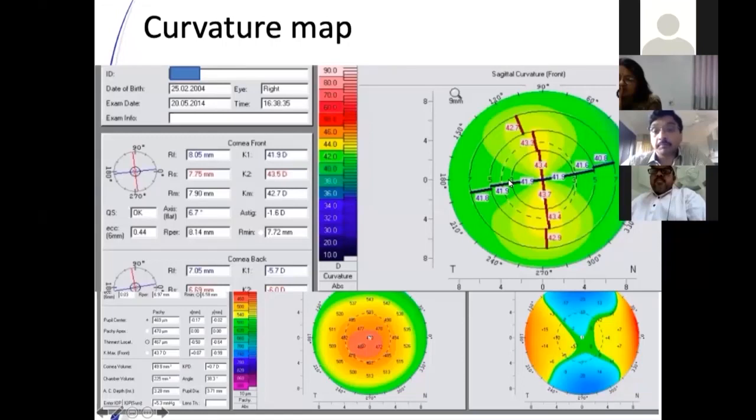So on either side of this flat meridian is the cornea. Does it look the same? That is the first step to assess. Then you look at the steepness, how steep the cornea is, what is the axis, what is the astigmatism, all those things.